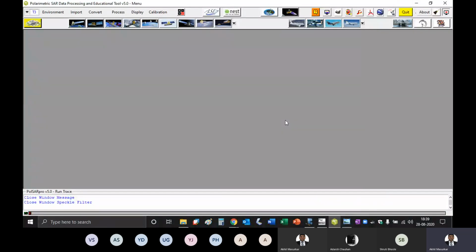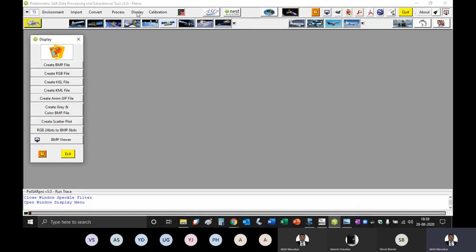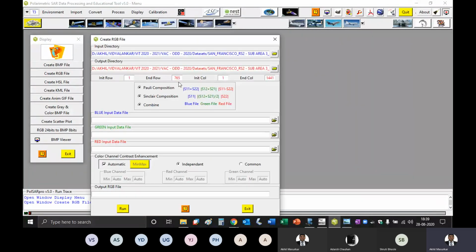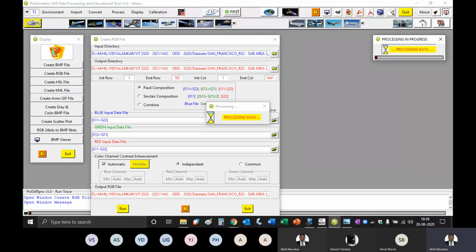Okay, Shruti, great. Shruti, this is the filtered image or the unfiltered image? Filtered, okay. So now you can go to display and just creating RGB, say poly, run.